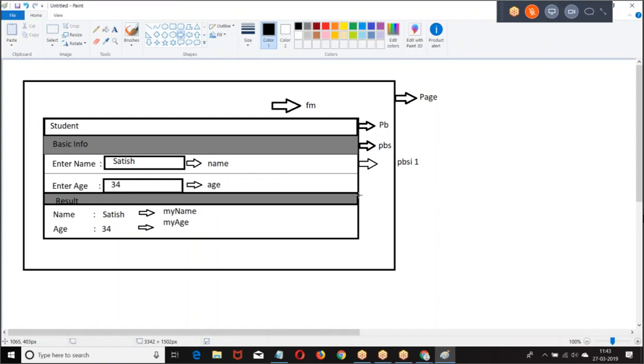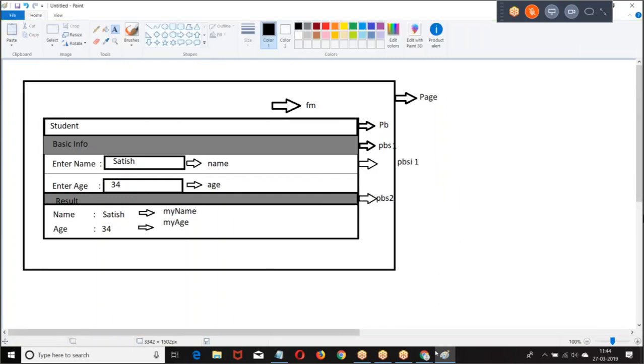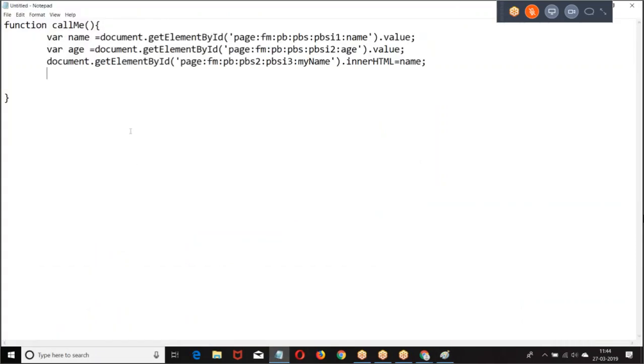The page block sections are here. This is how we created it.